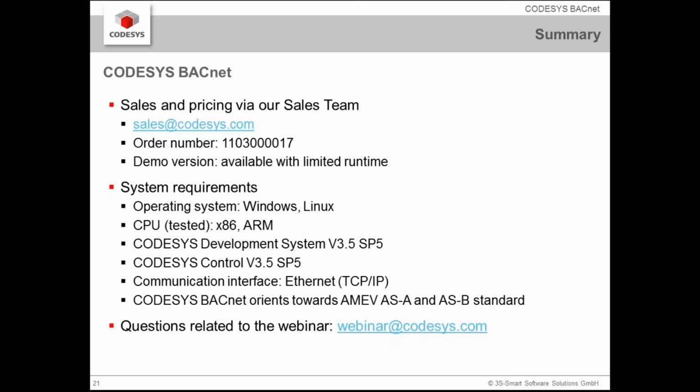On the CODESYS side, you need a CODESYS development system with a minimal version of 3.5 SP5 and also a CODESYS Control version 3.5 SP5. On your device, of course, you need a communication interface, Ethernet or TCP/IP. And another piece of additional information is that CODESYS BACnet orients towards the AMEV, B-ASC, and B-ASB standards.